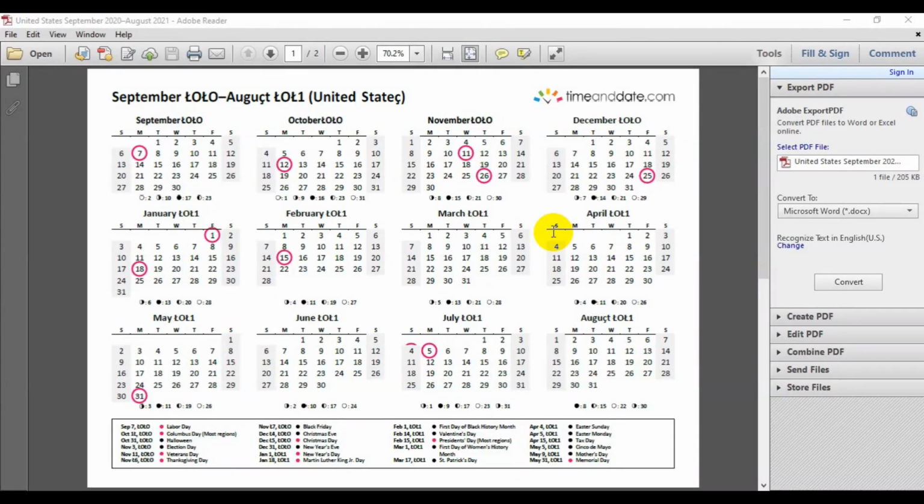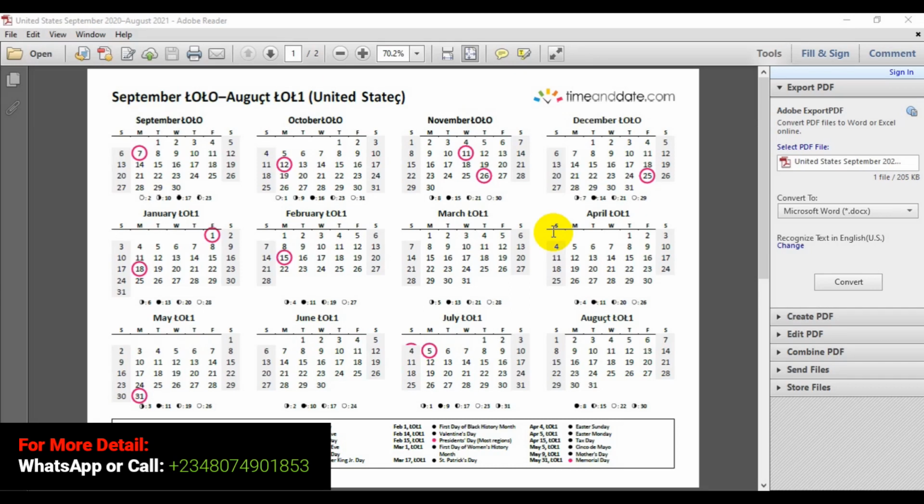All right, friends. So if you are following this class from the beginning, this is part 2 of our calendar design using Adobe Photoshop, and I've explained everything you need to know about calendar design in Photoshop in part 1. So now this is part 2, right? What we are going to do now is see how we can generate calendar numbers on the internet. As you can see on the screen right here, this is a calendar I generated from the internet for